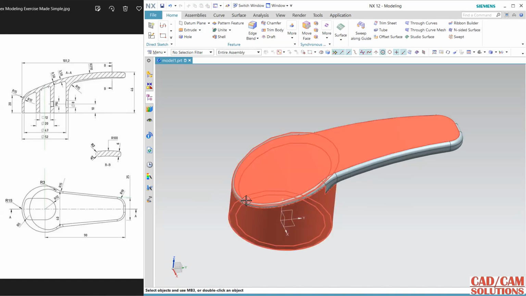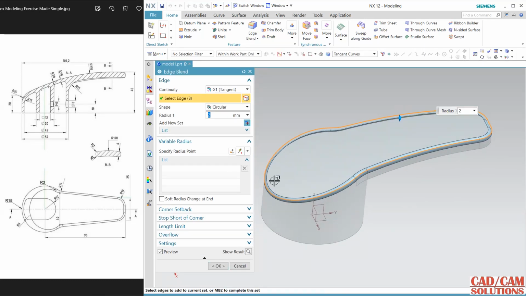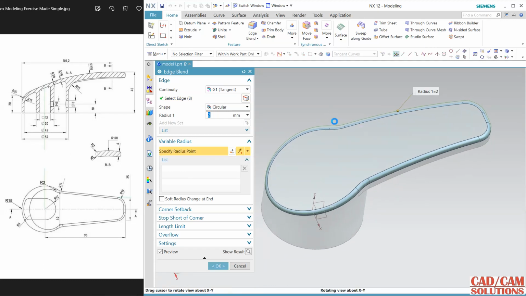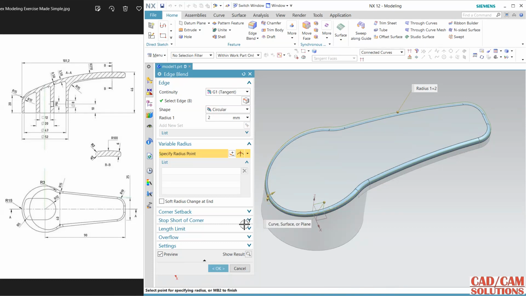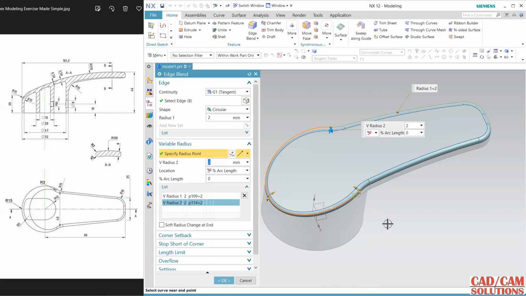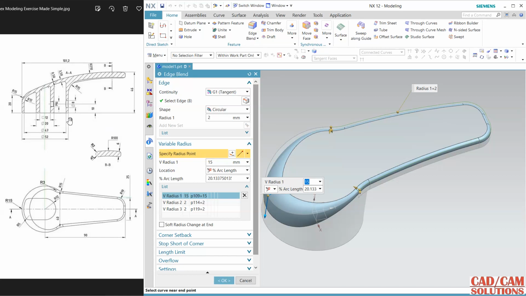And this upper one, this radius is not correct, so double click here. And here also I'm going to add one point. So select the intersection between this and this arc. This is the intersection, and again the endpoint of this and endpoint of this, right? And this first one is 15. See here it is 15,